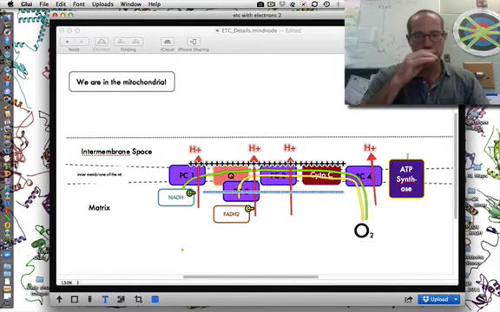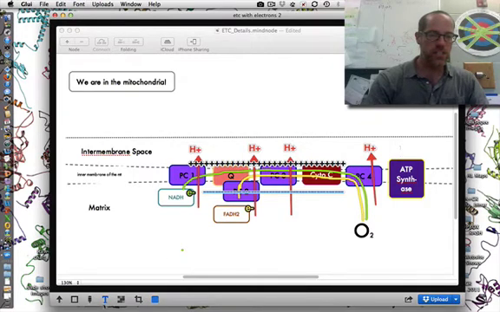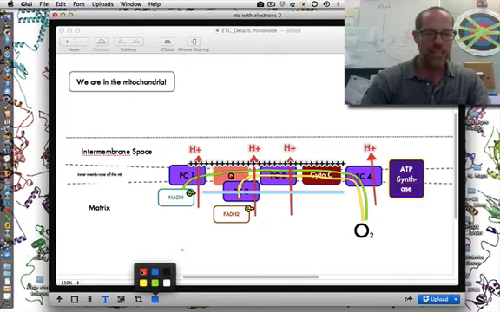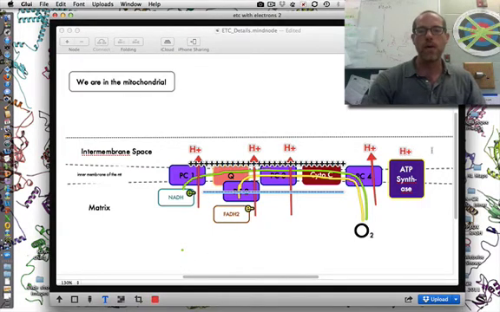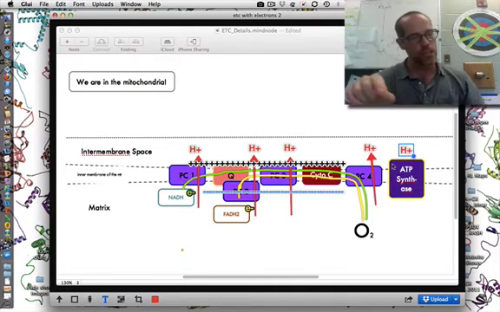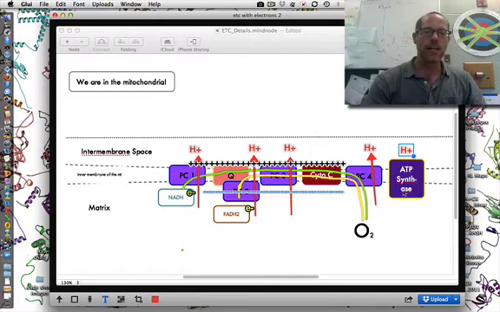Now, you guys are smart. You pack all these hydronium ions next to each other. What do they want to do? They want to get the heck away from each other. They want to get out of that tight space. And so there's only one way those hydronium ions can get across the membrane in a normal functioning mitochondrion, and that is through ATP synthase.